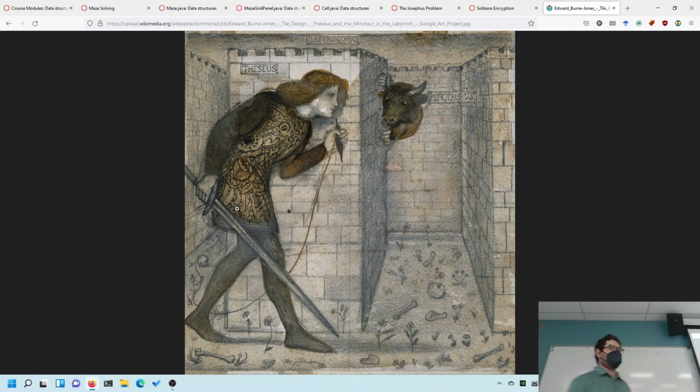Technically, what we need for this labyrinth, he's got all he needs. He's got the string, and more importantly, he's got that sword, but not for the reasons you think. It's not necessarily for killing the Minotaur. That sword's useful because he can make markings on the wall with it, assuming it's mystically sharp and all. Hero, you gotta have a magic sword. For us, we can recreate that with chalk, using chalk to mark our trail.